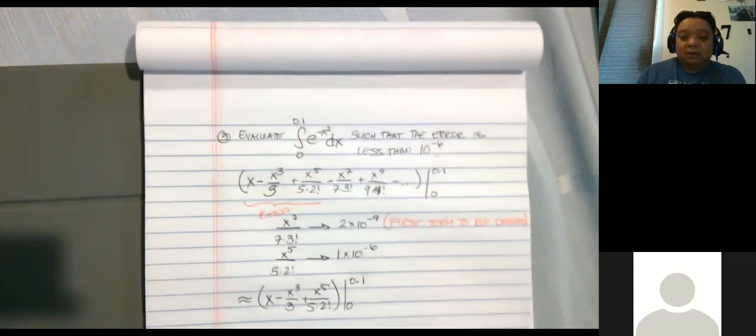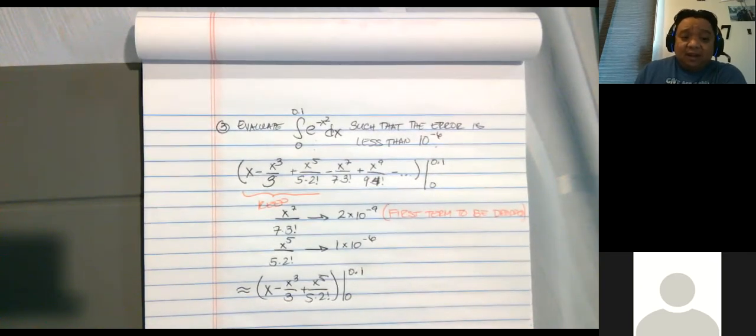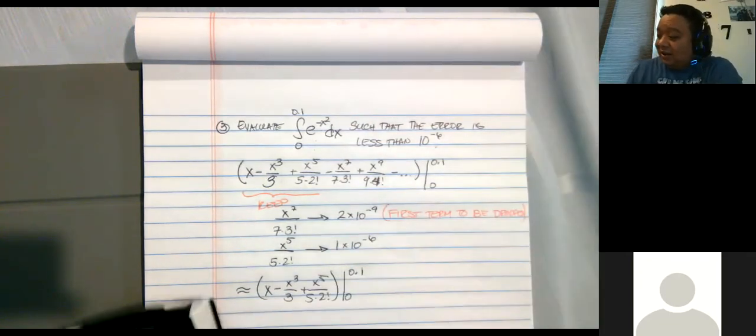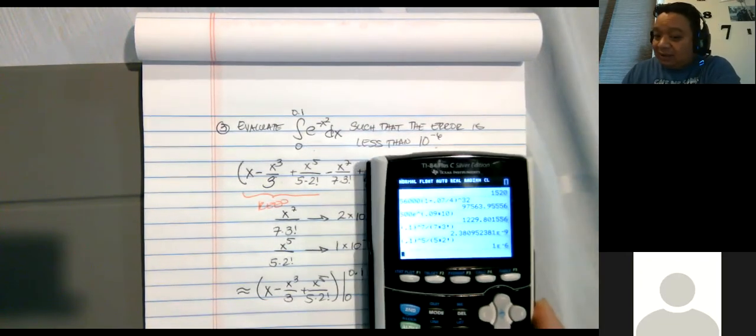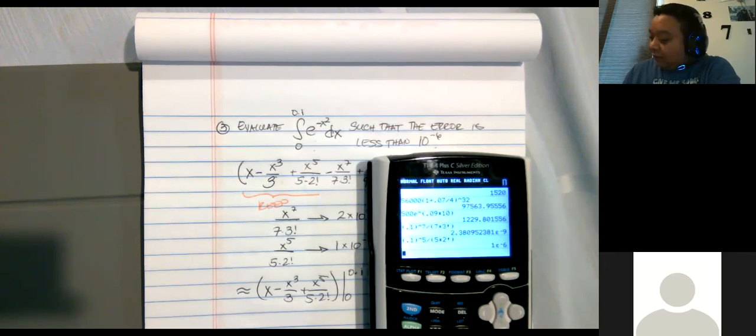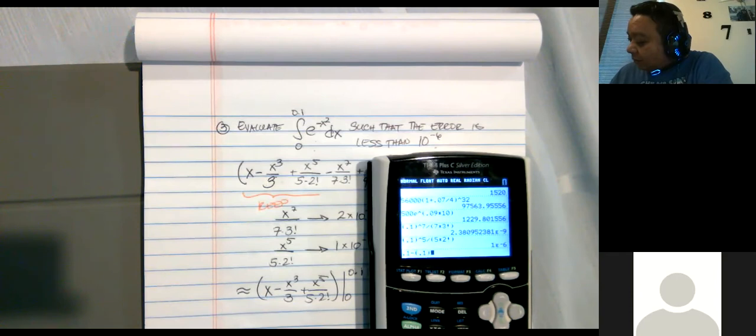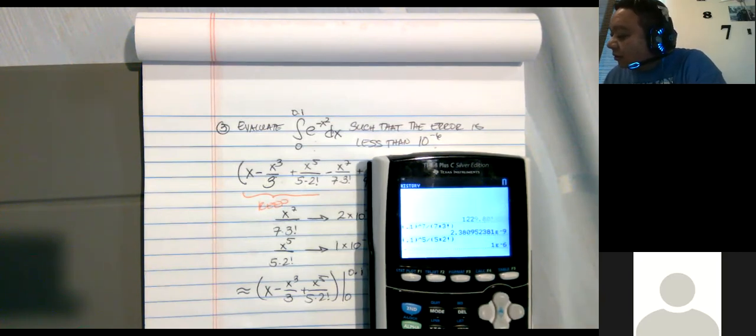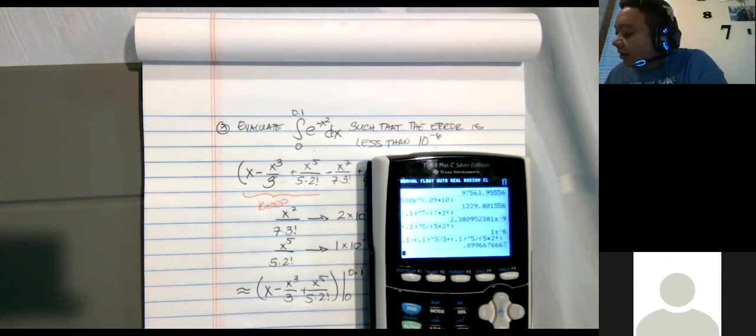Okay. And then just evaluate, right? So now you're going to plug this into your calculator and see what the value is. Okay, so it's 0.1 minus 0.1 to the third divided by 3, plus the previous one, which is that one, right? And so press enter, and so the value is